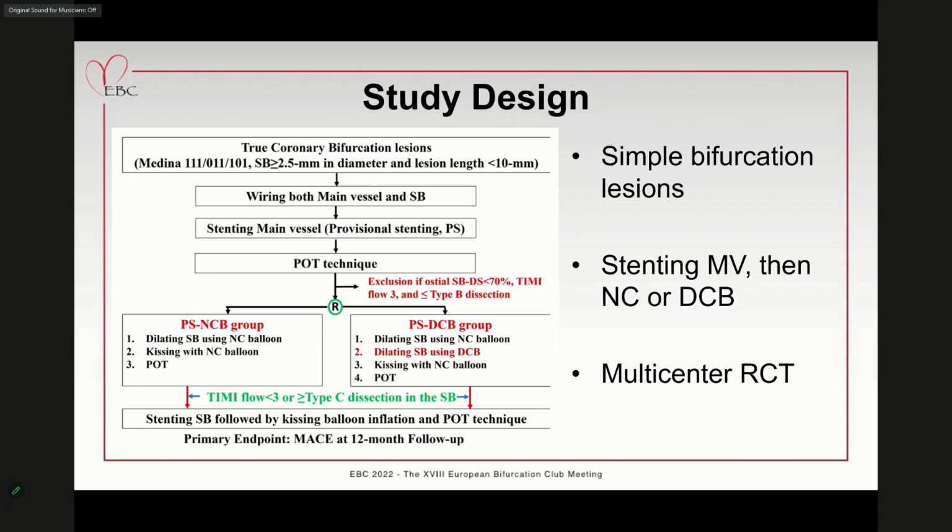provisional stenting with an NC, conventional non-compliant balloon group, compared to provisional stenting with a DCB group. Basically, after POT, in both groups we need to use an NC balloon to dilate the side branch. But in the DCB group, after NC balloon inflation, we need to use the DCB to dilate the side branch again. After dilating the side branch, we do kissing balloon inflation with an NC balloon in both groups, followed by final